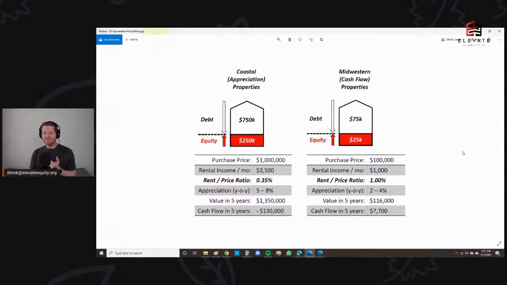So what I like to do is buy appreciation properties in Midwestern markets. In my opinion, just the way that I think about all this, and you may have your own strategy based on what's important to you, I like to see a blend of both of these things, because you don't want to depend on just one thing. You want to have some cash flow to be able to choose your exit, to have the luxury of being able to decide, okay, now the property has increased in value, it's time for me to sell, okay? That's really important, and that's all that I really wanted to share with you on the graphic side.